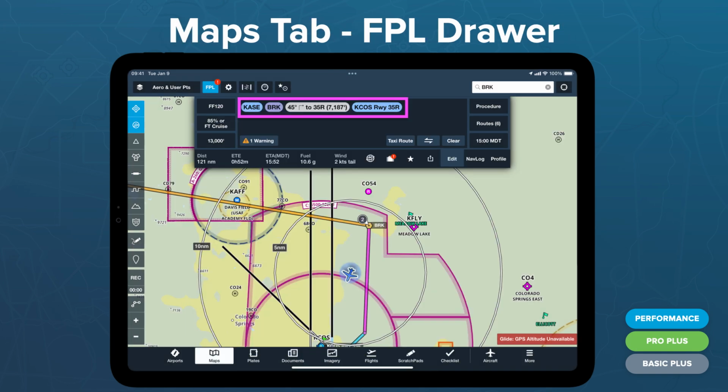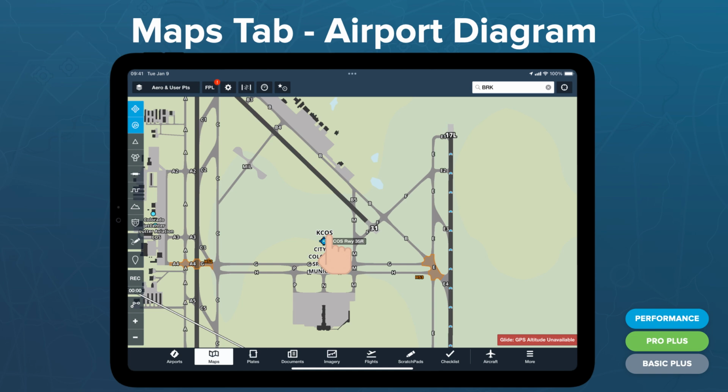This also includes the traffic pattern altitude, in this case because it's a visual approach. So all of that information has now been included on my route. It's displayed on my map too, so I can kind of just fly that pattern. If you zoom into a destination airport and your aeronautical layer is active, again, this is one of those things that's always been in ForeFlight, but not everyone is aware it exists because they don't use the app that way. Any airport, if you zoom all the way in, you can preview the runways, the taxiways, and other infrastructure